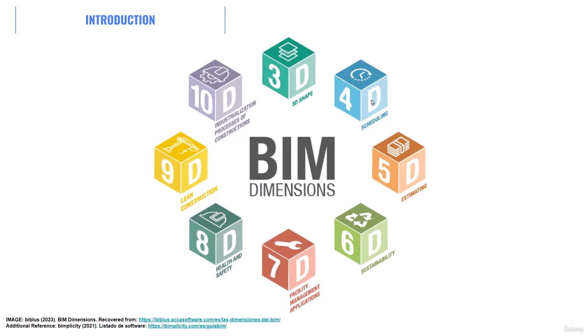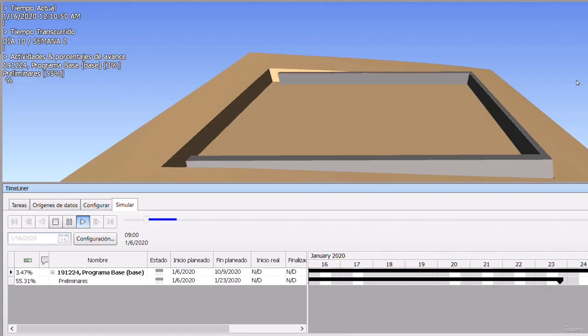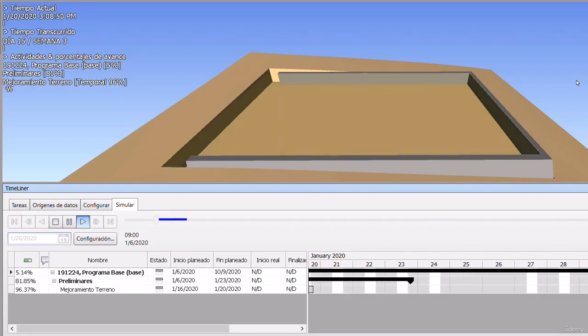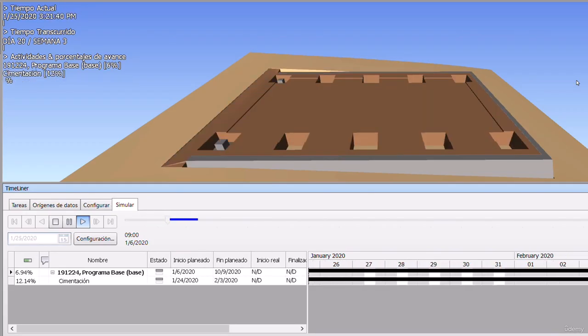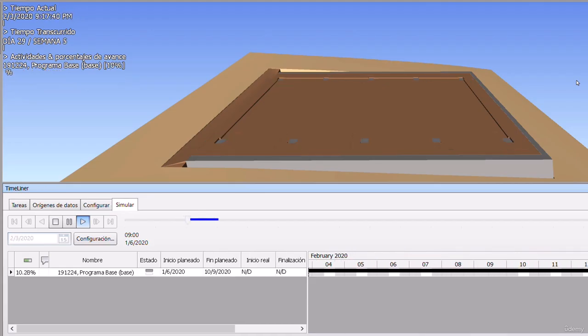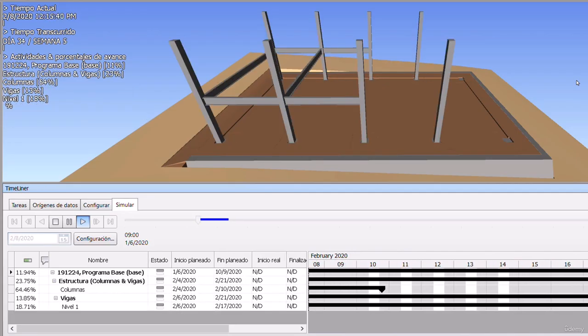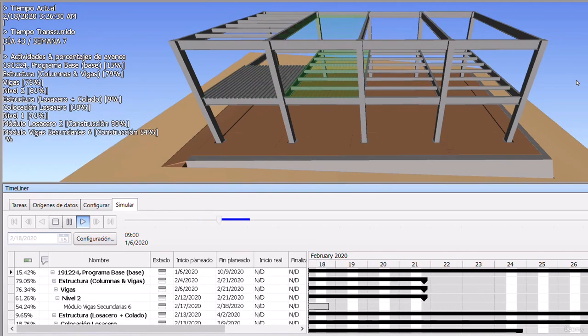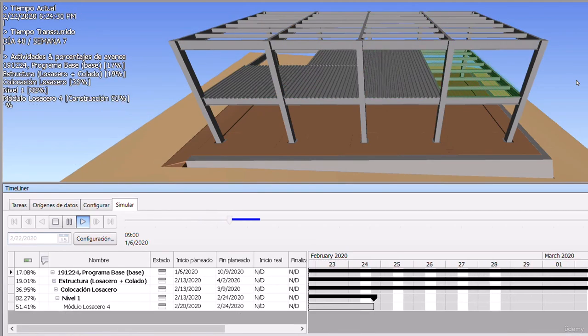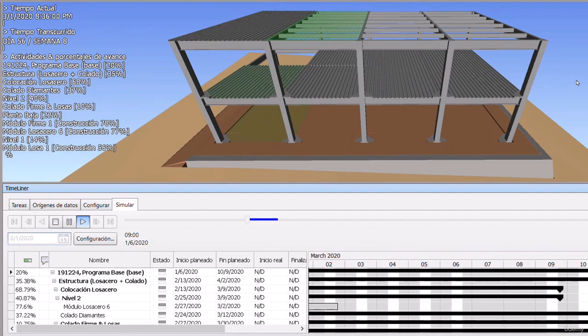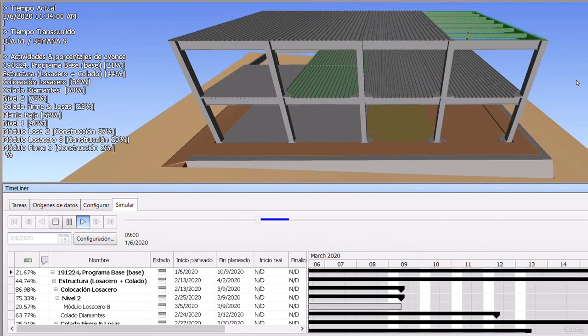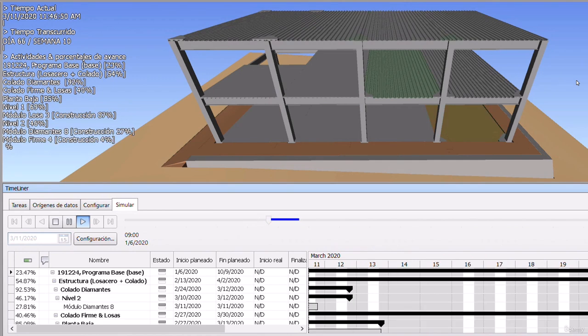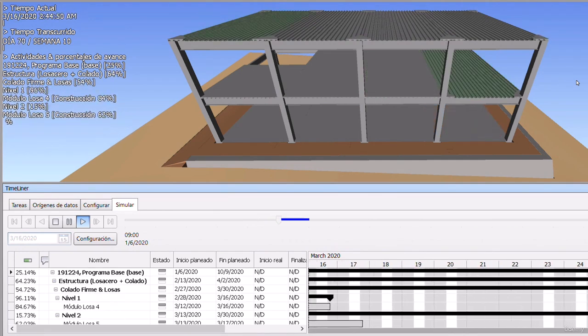So 3D plus time will give you 4D, which, to put it into perspective, I got this small video when I was experimenting a little bit with 4D. This is a software called Navisworks Manage. Basically what you can do is generate your BIM model in software such as ArchiCAD or Revit, export the BIM model in IFC format and reconstruct it in Navisworks Manage, and with the use of even other external tools